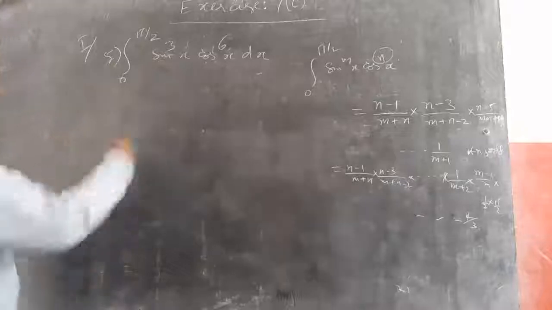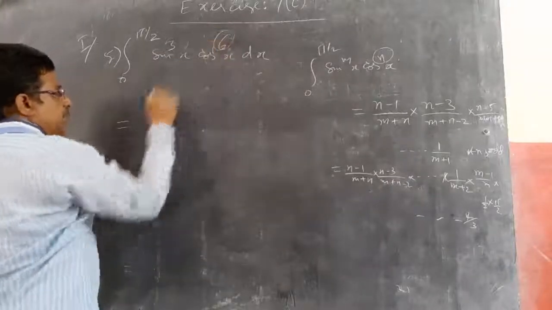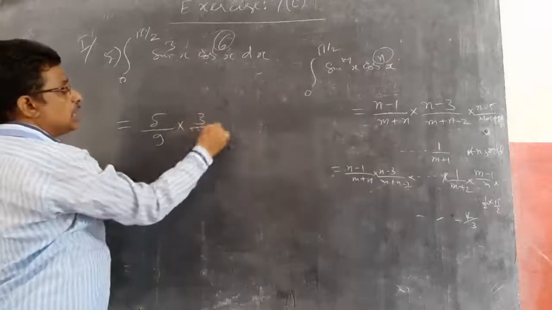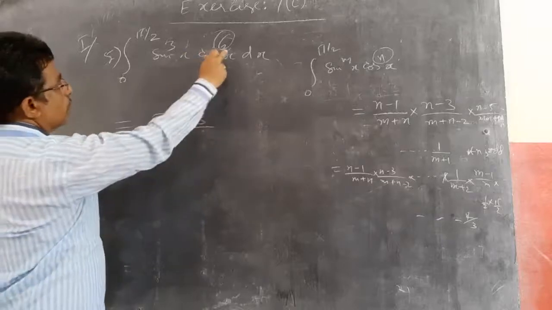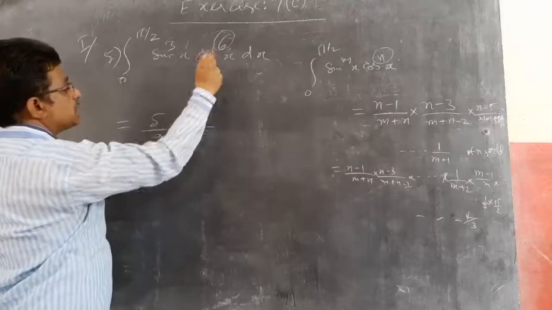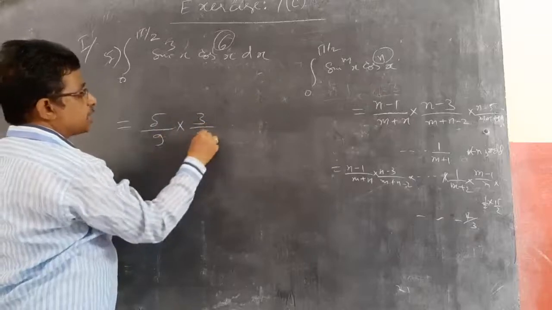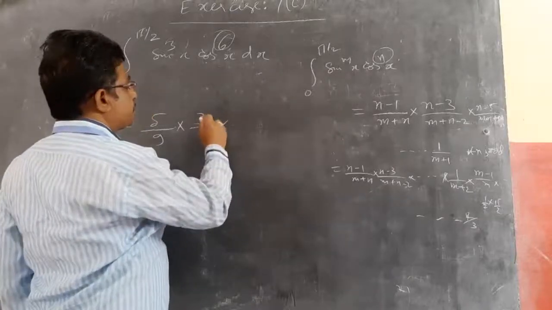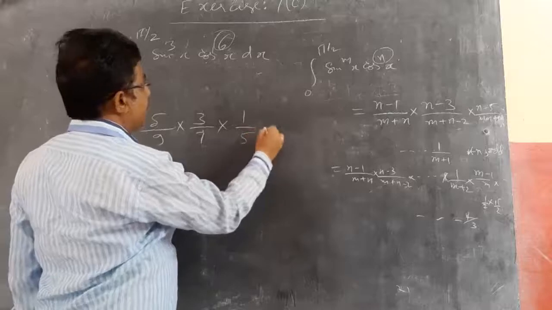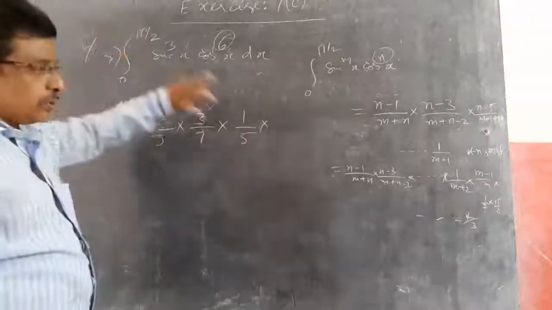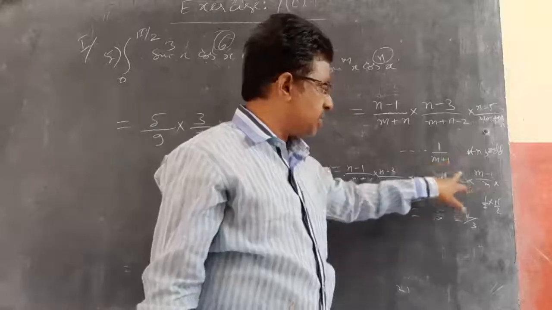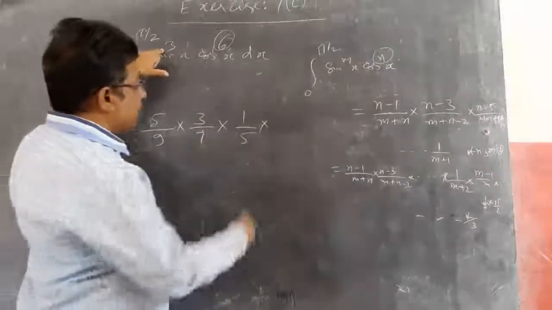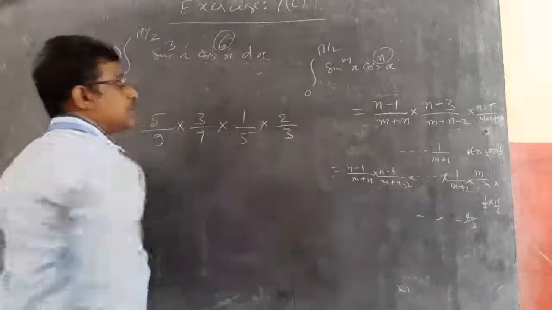Observe. Same. First concept is cos power minus 1, so 6 minus 1, 5. By sum of the two I told, 6 plus 3, 9. Into 3 by 5 by 9 into, this is reduced to, so 3 by 9 minus 2, 7 into reduced to, so how much you will get? 1 by 5. So you will get 1 by m plus 2 always, observe, I told. So this is always the last term, 1 by m plus 2, in these two cases. So 1 by 3 plus 2, 5 only. Now go for sin I told. So sin power 3 you have, 3 minus 1, 2 by 3. So this is the answer.